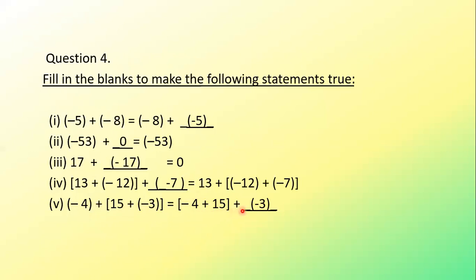To that we will be adding the third integer. That means for the addition of three integers, we can add the integers in any order. The sum will remain the same. One thing I have to say is, when a bracket is given, we have to do the bracket first. What is the calculation given inside the bracket? That we have to solve first. To that, the outside number will be added.